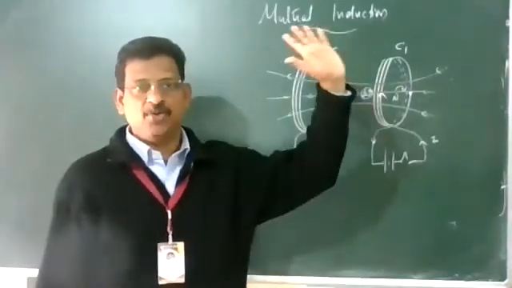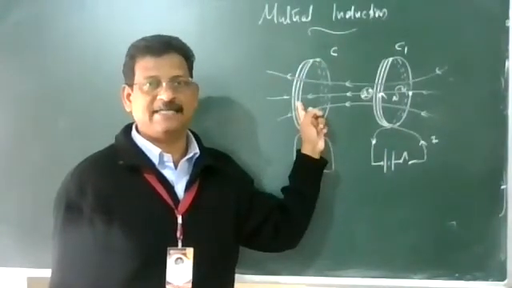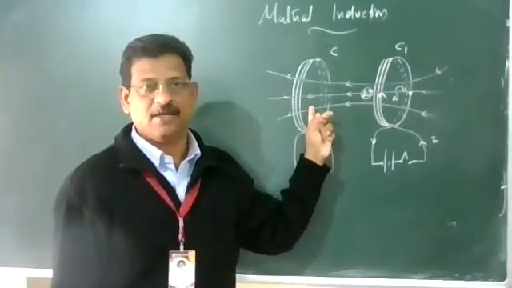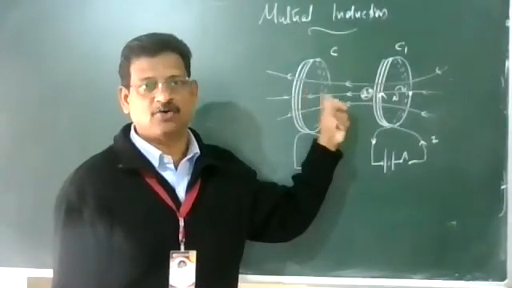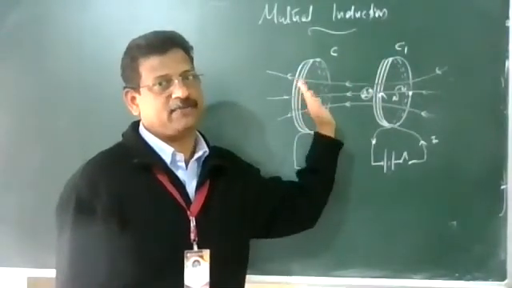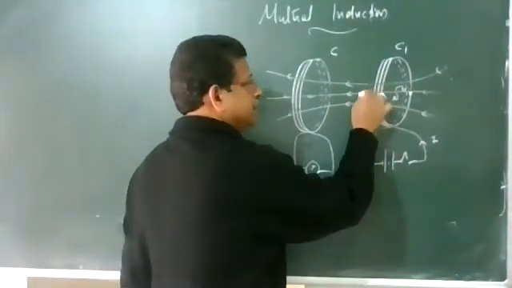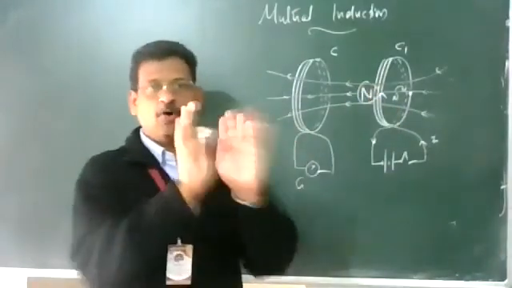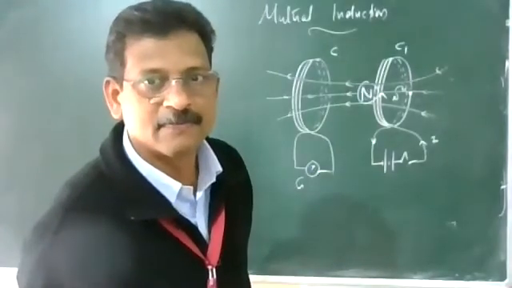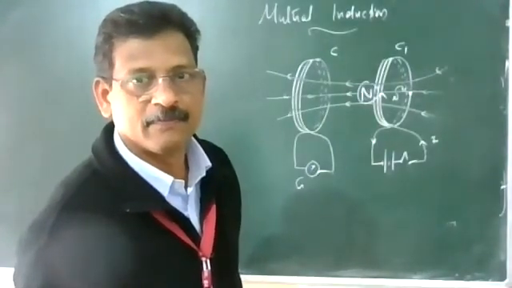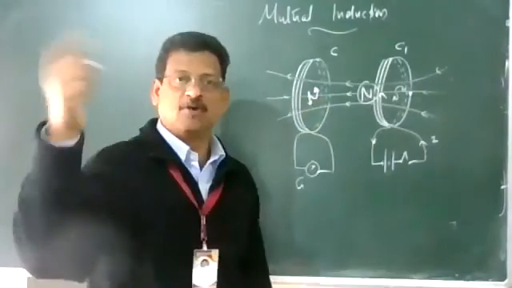So at the time you close the circuit, flux to the coil C changes, and current is induced in the coil. Can anyone tell me the direction of the induced current flowing in this coil on the right side face? Which polarity will develop? Because north polarity is already developed here, it wants to oppose the increase in the flux. Yes, north polarity should develop here.